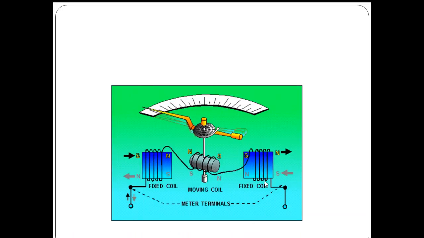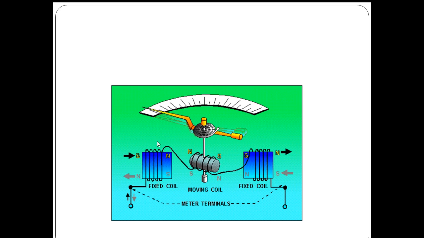Okay, so this is how the PMMC meter terminals will be there. Actually this is a 2D representation. These two are fixed coils. Here we are having the permanent magnets.